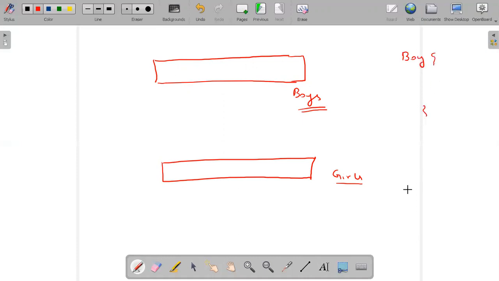How can you create a girl object? You can create one girl class. Now let's say some persons are here: Ramesh, Suresh, Mahesh, Santosh. Here, let's say Jyoti, Pooja, Rita, Soni.